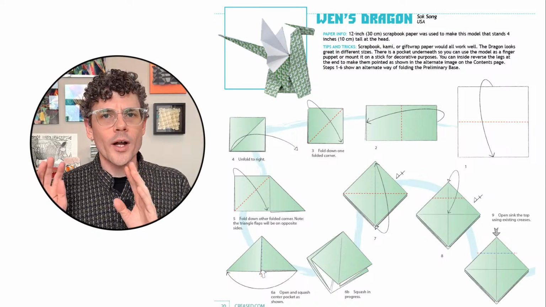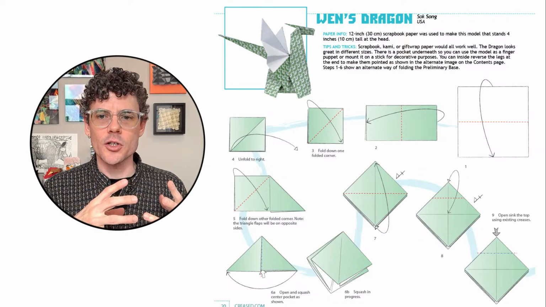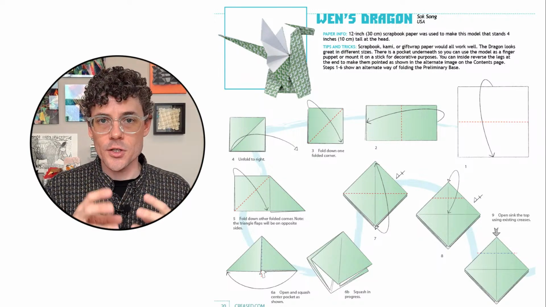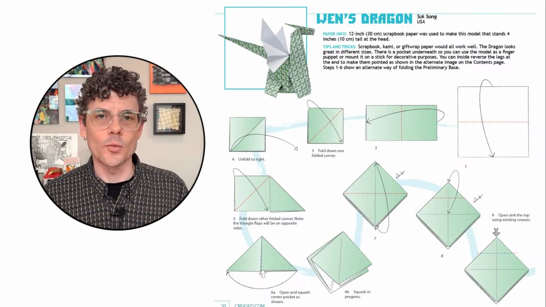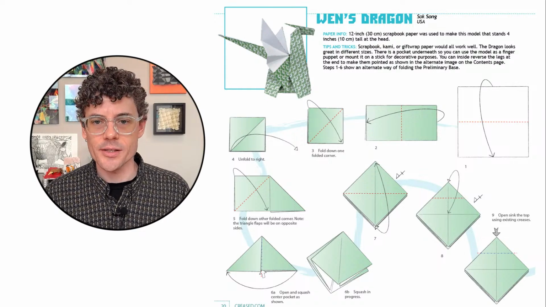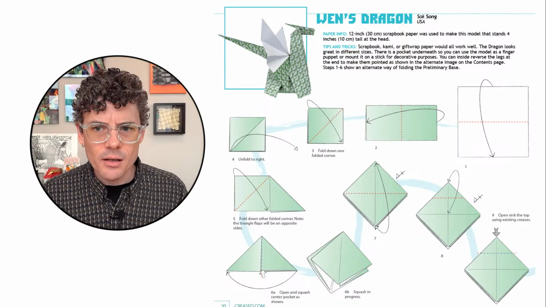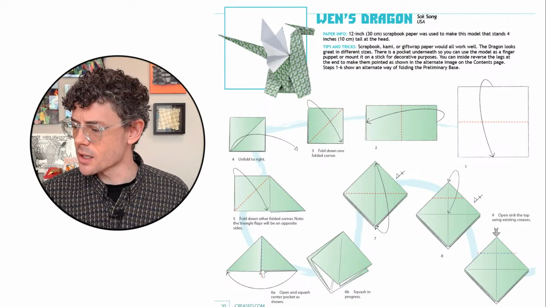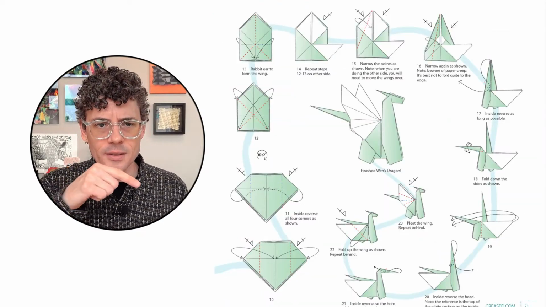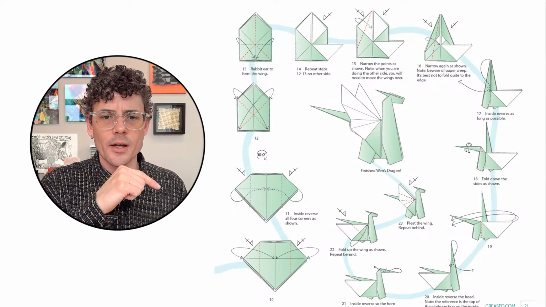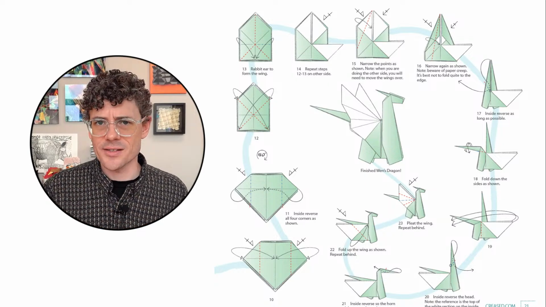So we're not going to fold it from these diagrams. We're going to actually do it slightly different. But I just wanted to show you that in Sok's version that he diagrammed, he had you begin with a preliminary base or a square base. And then if you look here to step number 8, you end up doing a sink, or 8 and 9, you end up doing a sink at the top. And then you also end up, if you look down, step 10, which is down here, it starts down at the bottom, you inside reverse fold the corner flaps